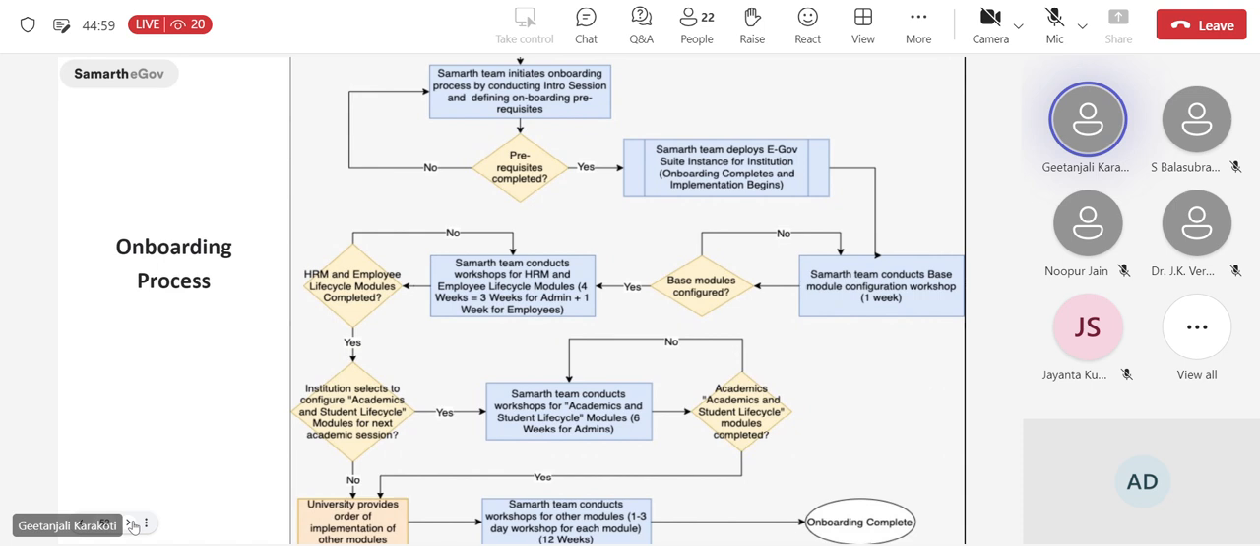Here, separate instances are deployed for separate institutions. We deploy those instances for the institution, and we share the credentials or the portal with the nodal officer of the institution. After that, we start with a base module configuration workshop. That workshop generally takes 1 week, like 1 week for data collection of the institutions, and once it is done, once the base modules get configured,